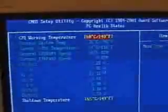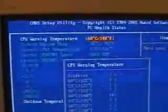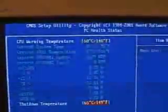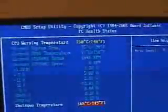At the bottom left here we have a PC health status. In here you can set things like the CPU warning temperature, so the system will warn you when it reaches a certain temperature, and of course you can adjust this setting. And at the very bottom there's also a shutdown temperature, and what this does of course is shut down the system once it reaches a certain temperature, and you can of course adjust that as well. The other things here, you can see the current system temperature, the current CPU 1 temperature, you can see your current fan speeds, and there's other voltage settings in here as well, which